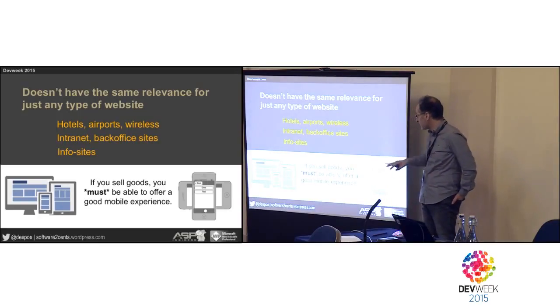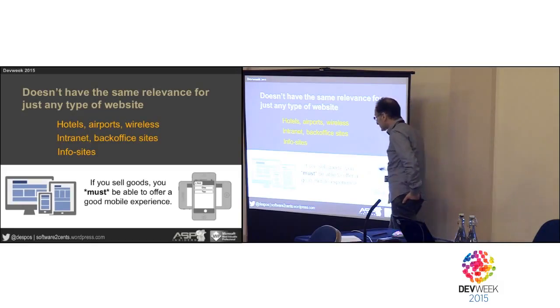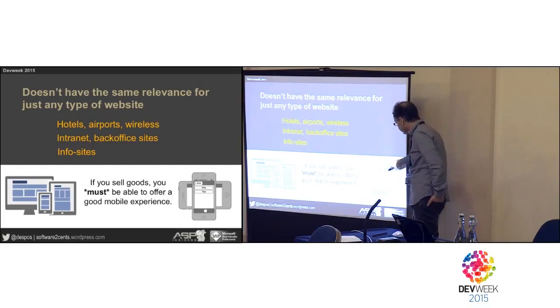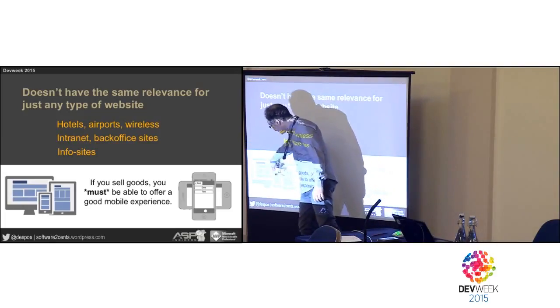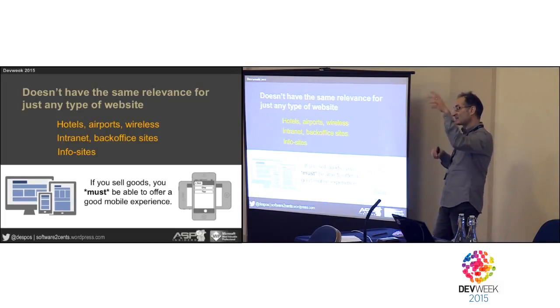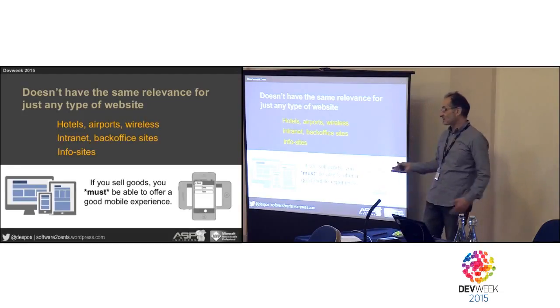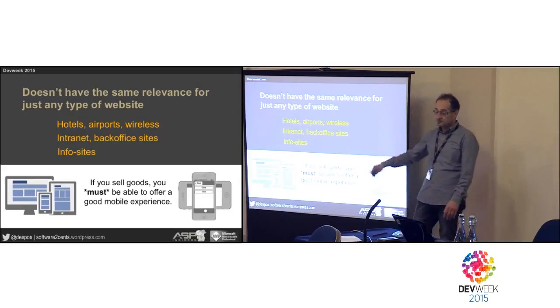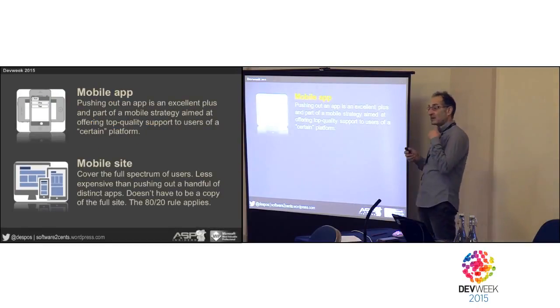If you sell goods, you must be able to offer a good mobile experience. Not coincidentally, in this slide you see two distinct things. You see something that, in my mind, I'm not a graphic designer, intends to represent native applications and then websites. But also, this is the classic graphic you use for indicating a responsive site, one site responsive. This also intends to transmit the idea that you have something different for tablets and for smartphones. So there are quite a few problems related to making